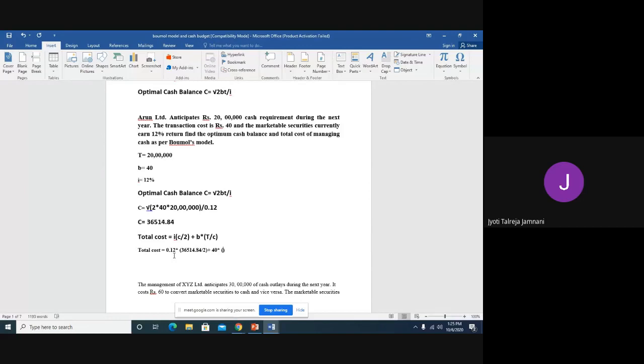T is the total cash required, which is 20 lakh rupees, divided by C, the optimum cash balance, which you found out in the previous solution, 36,514.84. So when you solve this, you will get the value of total cost. So total cost is equal to